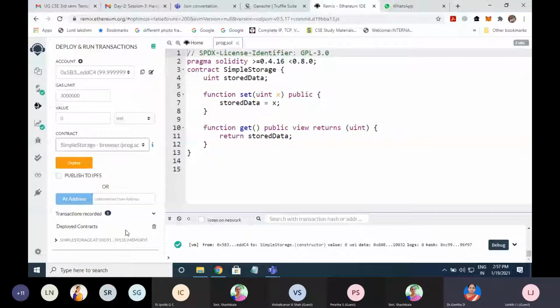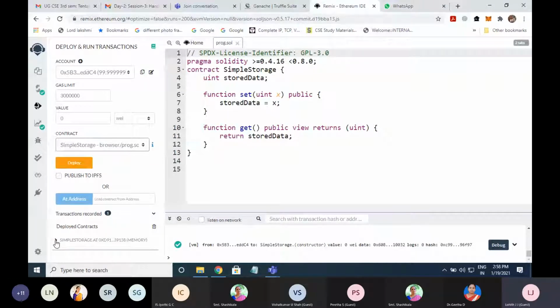Okay, and one transaction is recorded. Now I will say that my smart contract is deployed in blockchain, but you are not getting any feel, right? How to ensure that the smart contract is deployed in blockchain? This JavaScript VM environment allows you to deploy, and it will virtually deploy on the blockchain. But still, as a user, you won't get any kind of feel that whether my smart contract is deployed in the blockchain or not. Okay, next, in the next environment we'll go later.